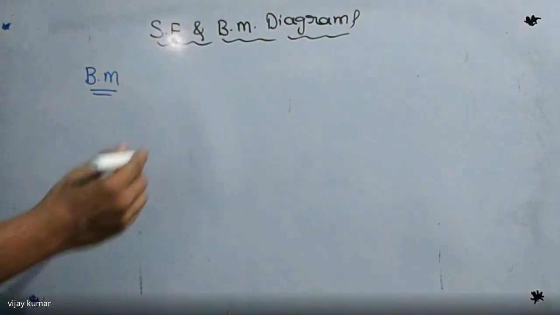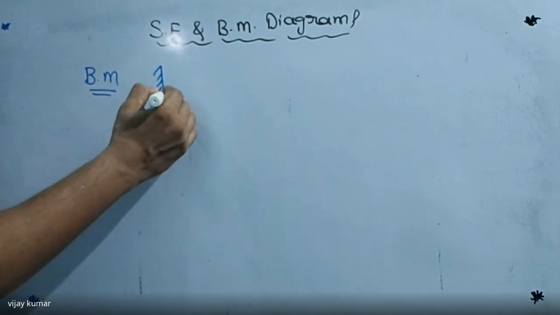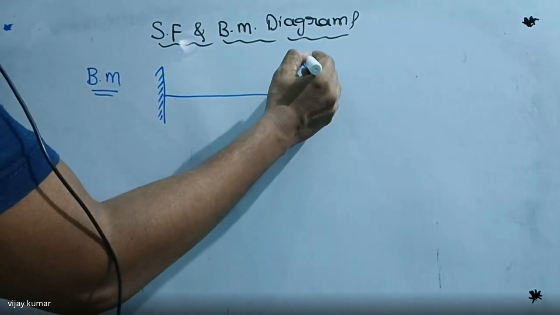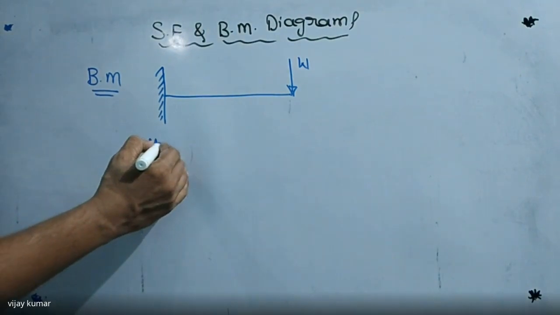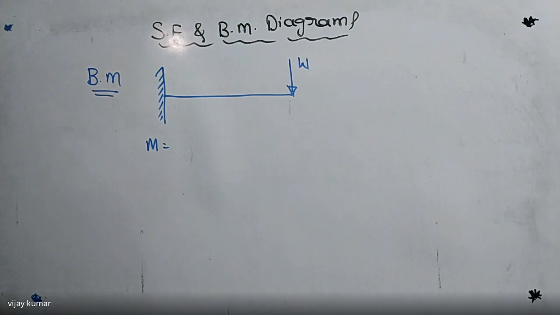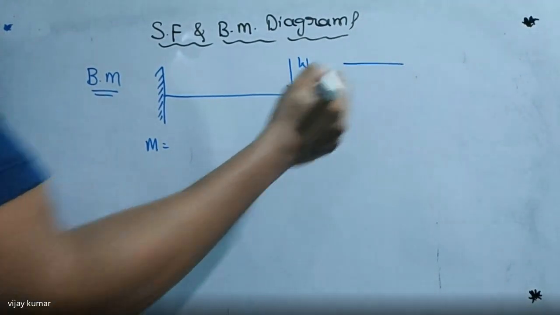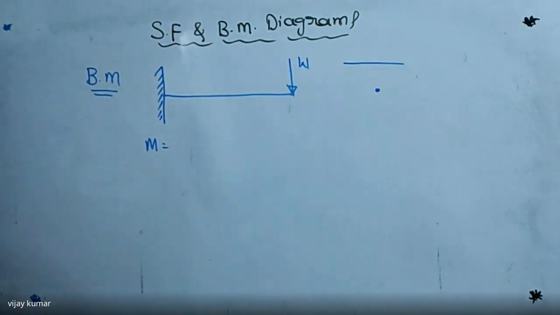So for example, I'm taking here the same beam, that is cantilever beam, which is subject to a point load here, that is equal to W. We know that moment can be calculated by using one reference point. Without a reference point, we can't calculate the moment of the force. For example, if you draw one line here, the line does not have any arrow mark. So I'm going to take one point here.